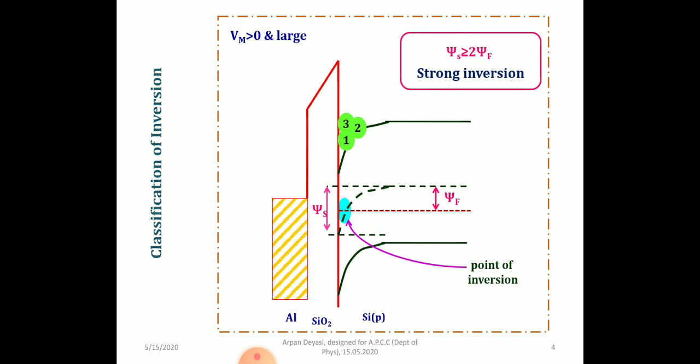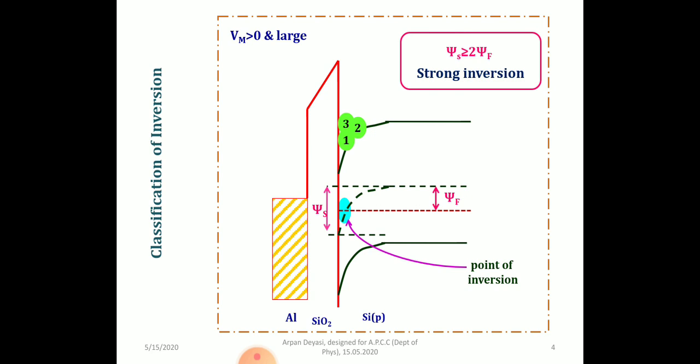Whereas under strong inversion condition, the surface potential is greater than or at least equal to twice the Fermi potential. So that's the difference in terms of the band diagram, and that basically classifies the strong and weak inversion criteria